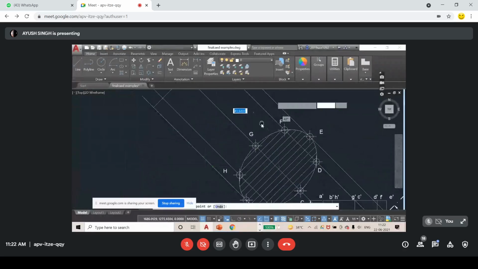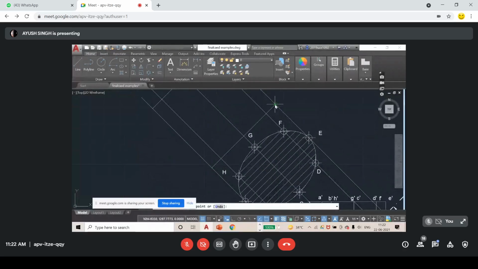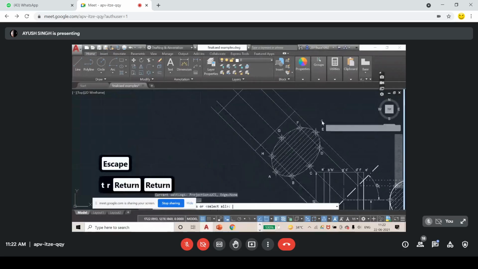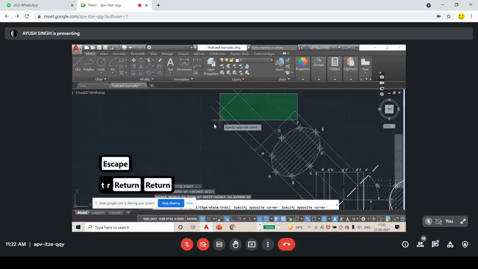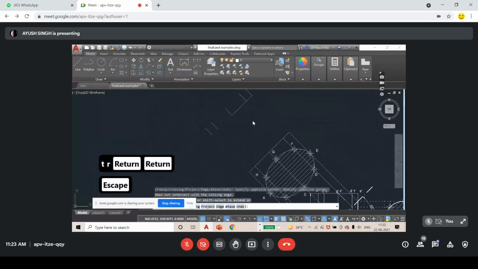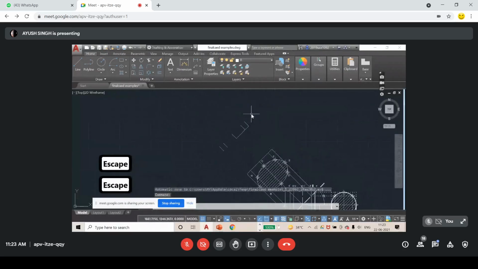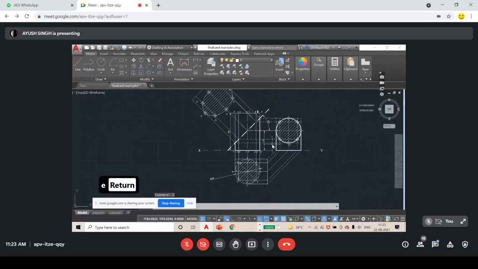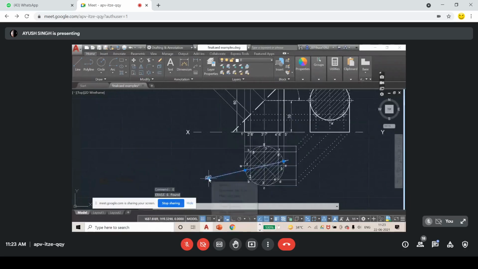See, I'm adjusting it clearly. Okay. Now TR enter enter. See, these are not intersecting anything, so the trim won't work. So you have to only erase it. I have adjusted it. I will make this short.